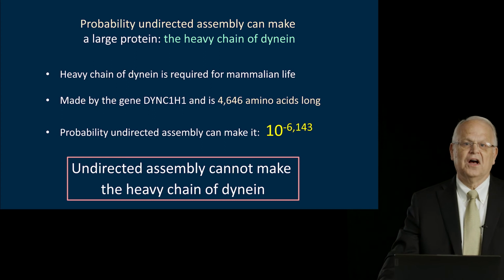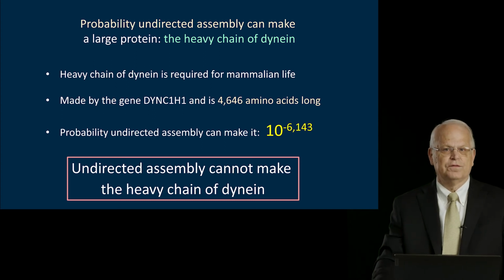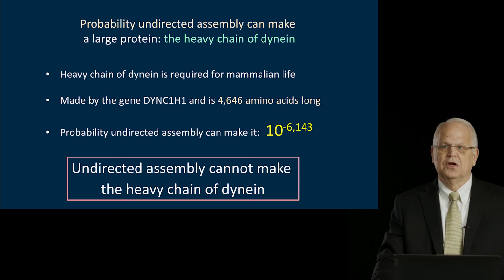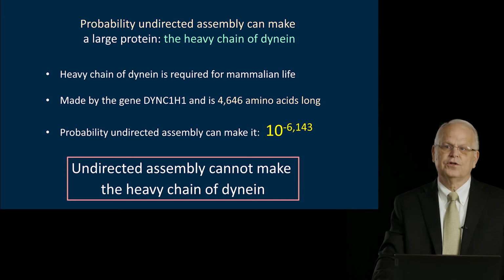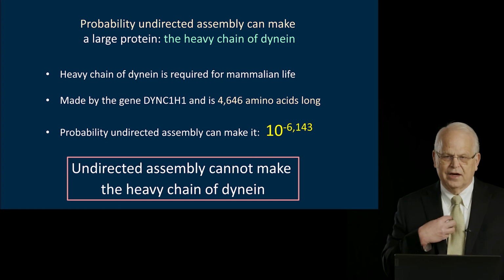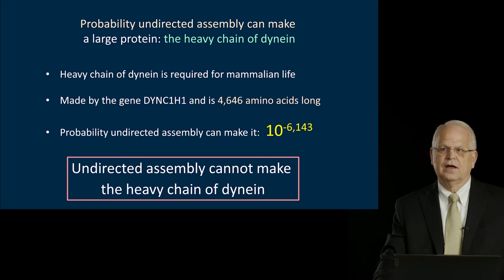Now let's take a look beyond just a regular average 400 amino acid protein, and let's take a look at the probability that undirected assembly can make a large protein, like the heavy chain of dynein. Now the heavy chain of dynein is required for mammalian life. If I took it out of my body, I would die very shortly. Dynein is an essential molecular motor in the body, a fascinating